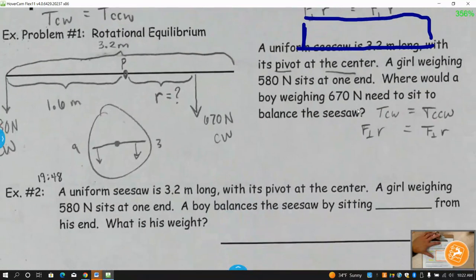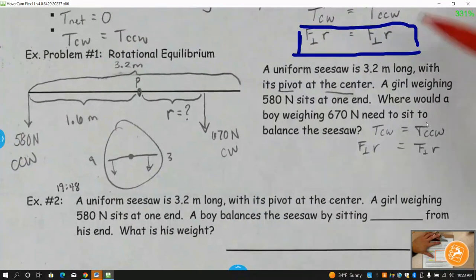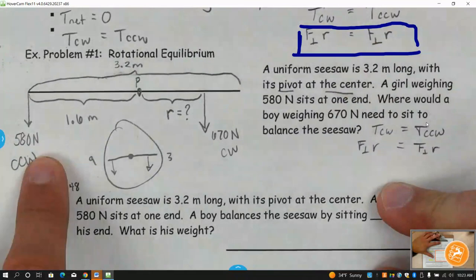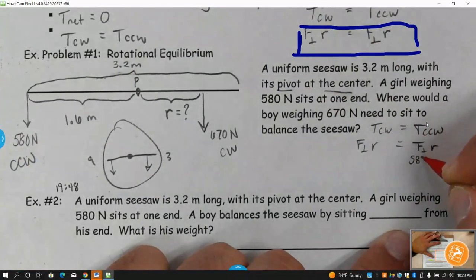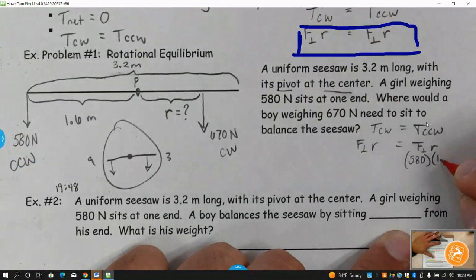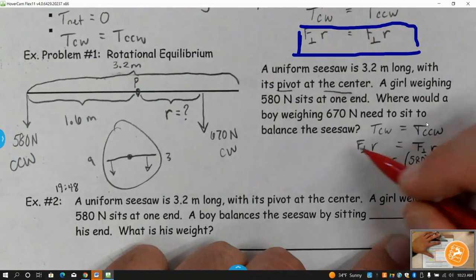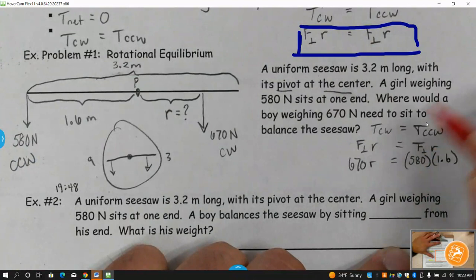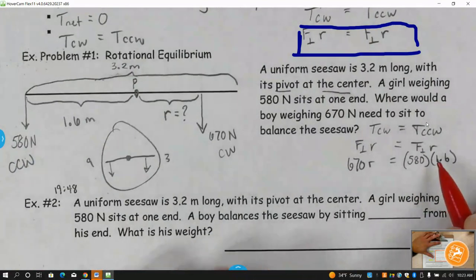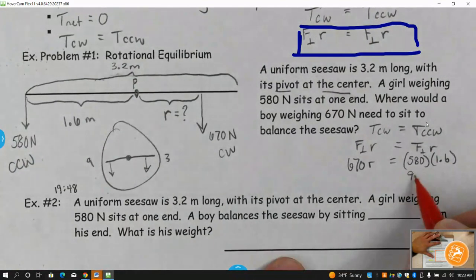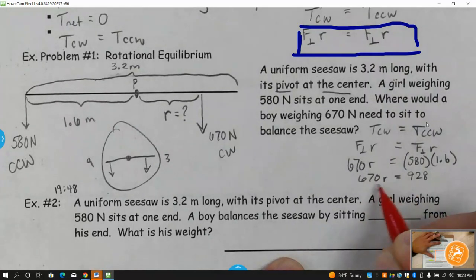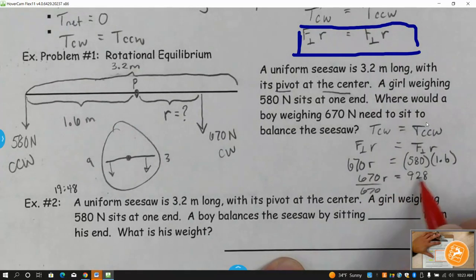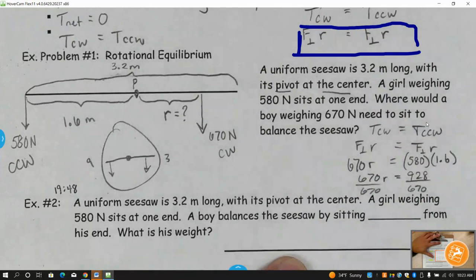Hold on, we'll be finishing up in 1 second. All right, so the girl is the counterclockwise, so we know that she is 580 with a lever arm of 1.6, and the boy is 670 R. Multiply this side together and you get 928, which is equal to 670 R. If you divide both sides by 670, you wind up getting a value of